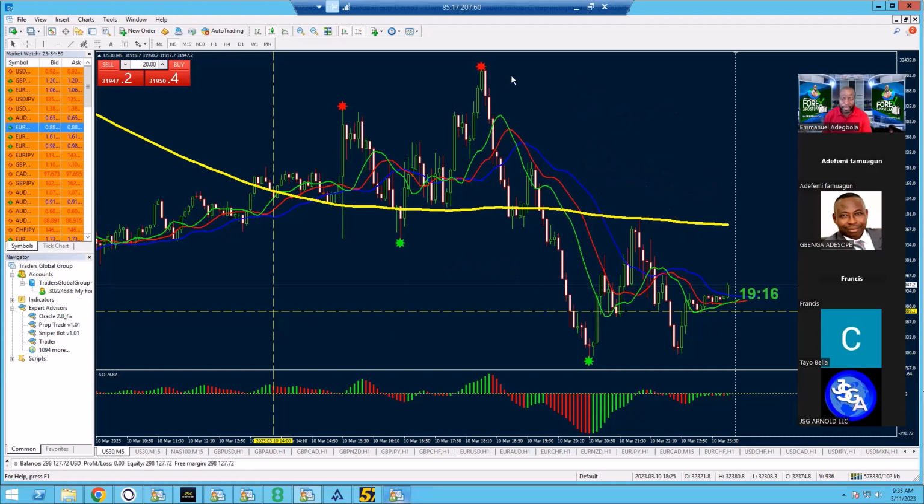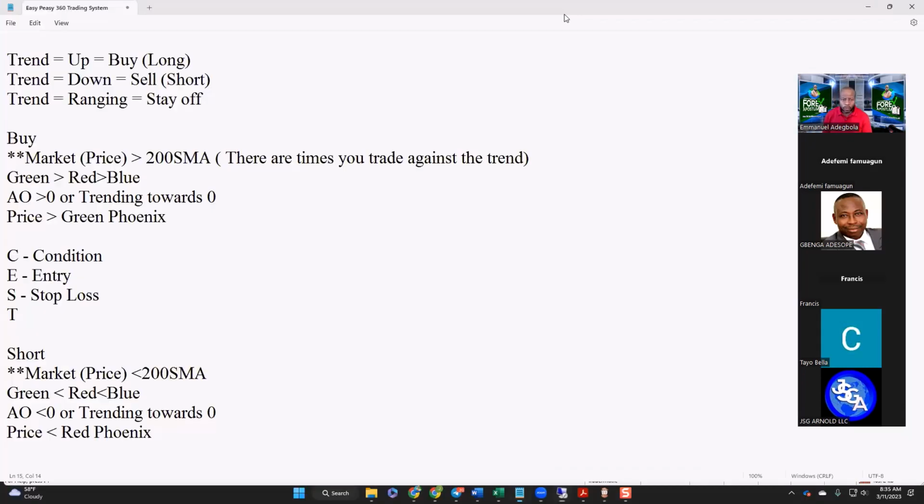Okay, so anyway, I guess that's kind of a picture of that. Let me continue what I was sharing with you guys. So we are here. So always make sure that your stop loss is in place. Then the T is our target. Now, the stop loss, where can you use the stop loss? Your stop loss can be,